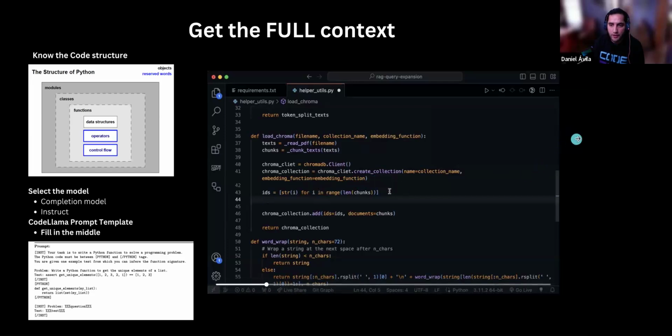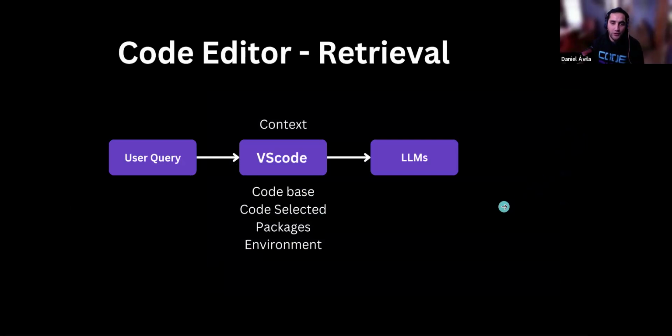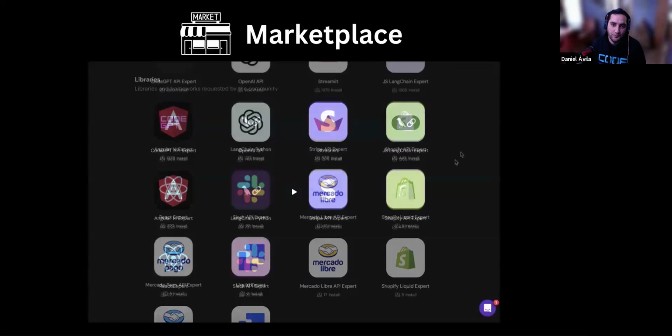So, for example, in this case, we are reading the full information from this file, and we know what we have to autocomplete in this line. So you could use CodeGPT for autocomplete too, like GitHub Copilot. So this is happening inside of CodeGPT. This is the basic mode. You could send the query, and we are going to be able to get the full context, the full code base, the code selected, and the package that you are using. And we send all this information to the LLMs with the prompt engineering, of course, and the LLM is able to get the correct answer.